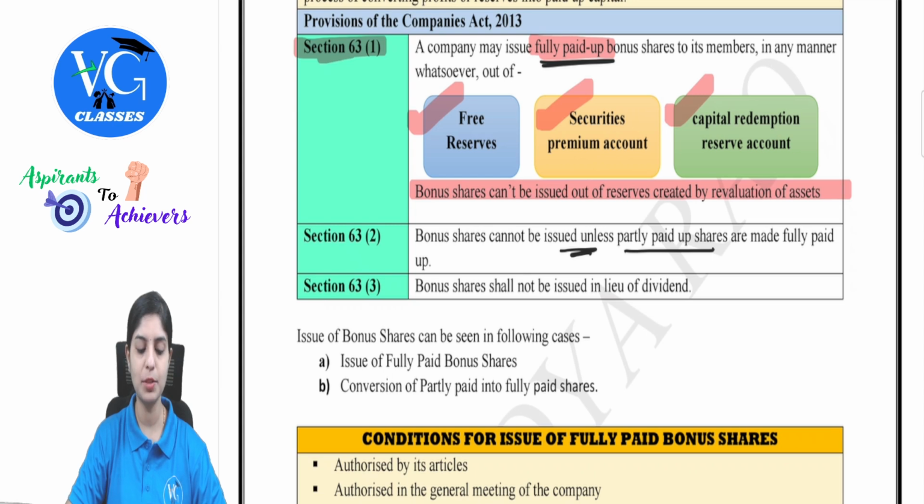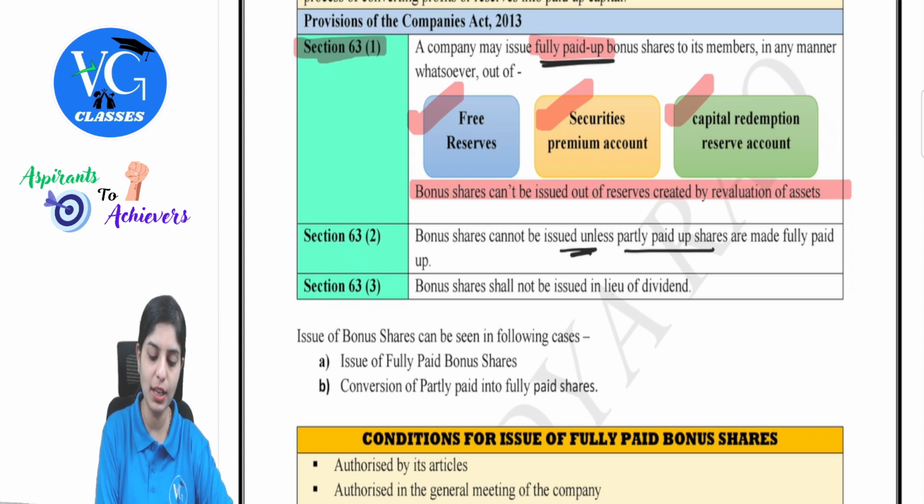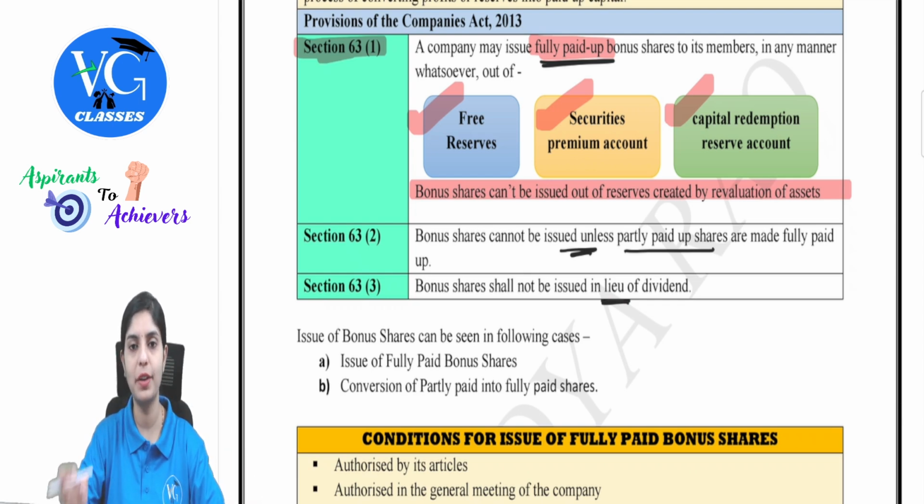Next, section 63 subsection 3 prescribes that bonus shares shall not be issued in lieu of dividend. Some companies may think that anyway they have to provide a share of dividend to shareholders for the investment they make. So again, it purely depends on the judgment made by the company. So bonus shares, if they are proposing to issue, are not considered as in respect of dividend. That is what in lieu of dividend means. Dividend is completely a separate activity where it should be provided in cash, whereas this is approaching for shares.